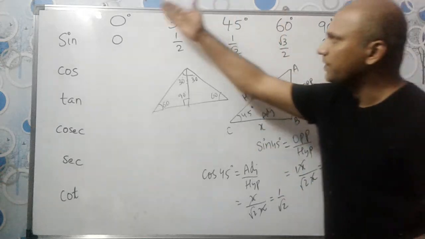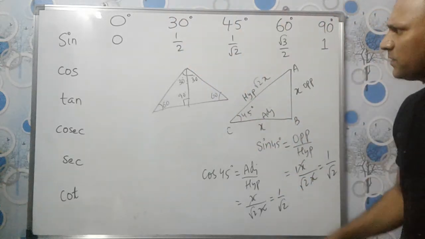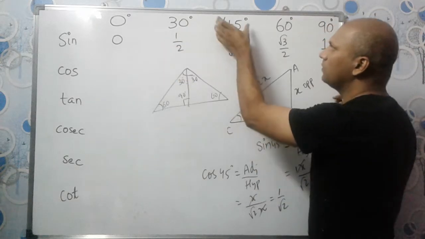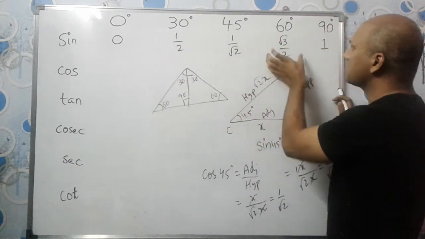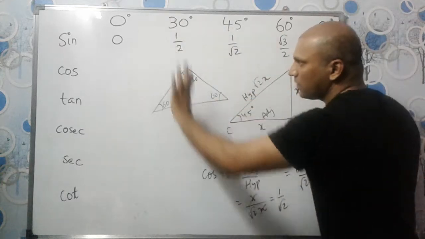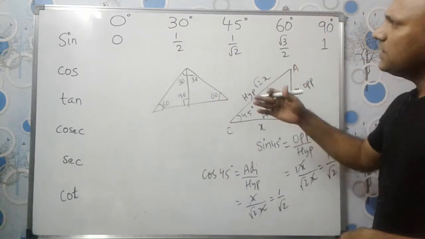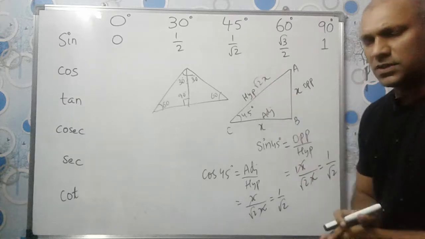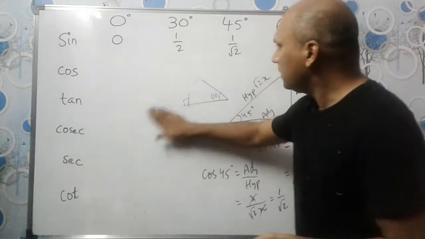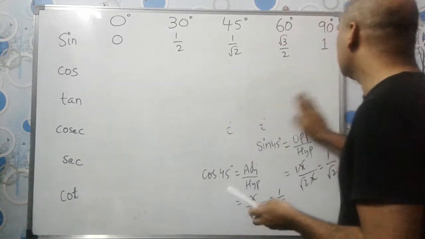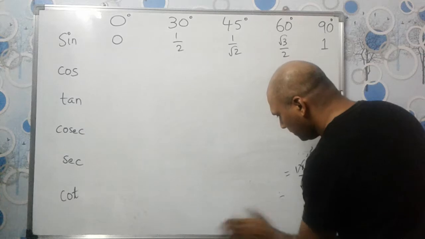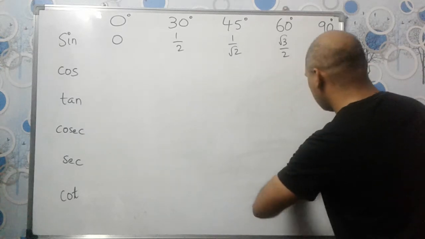Like that we can also find 0 degrees and 90 degrees, but the derivation of this table, that means how we got sine 30 is 1 by 2, sine 45 is 1 by root 2, sine 60 root 3 by 2, and how we got sine 90 is 1, how we got sine 0 as 0. The derivation is beyond the scope of your syllabus. I mean, it is not needed. Okay, but if you know, it is well and good. All right. So we'll not go into the detail of how we got these values.